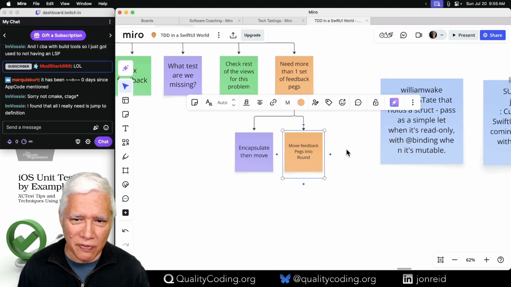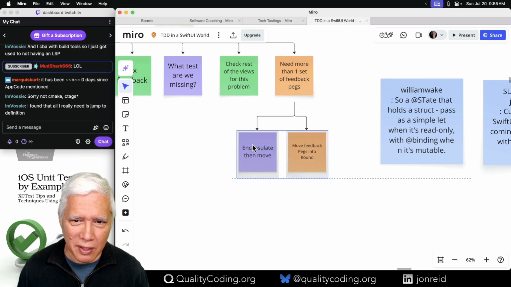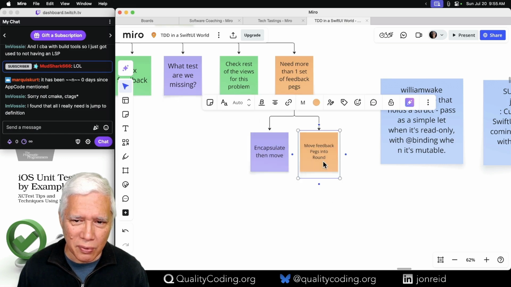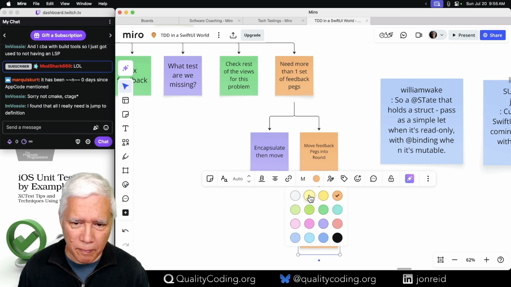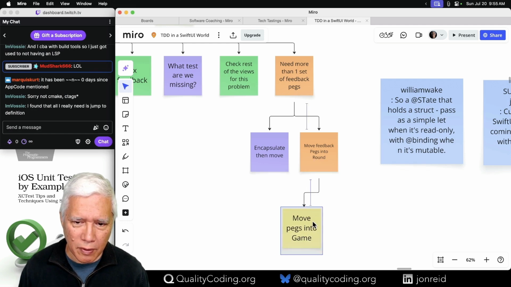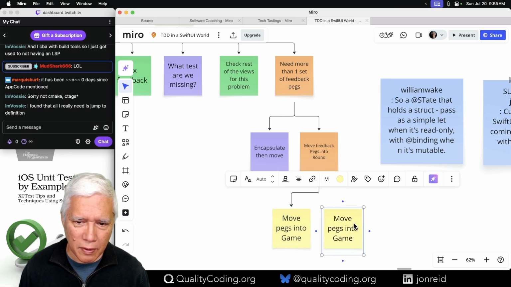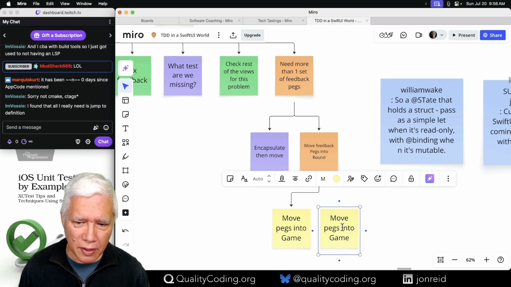To move the feedback pegs into the round, move pegs into game, and then down.